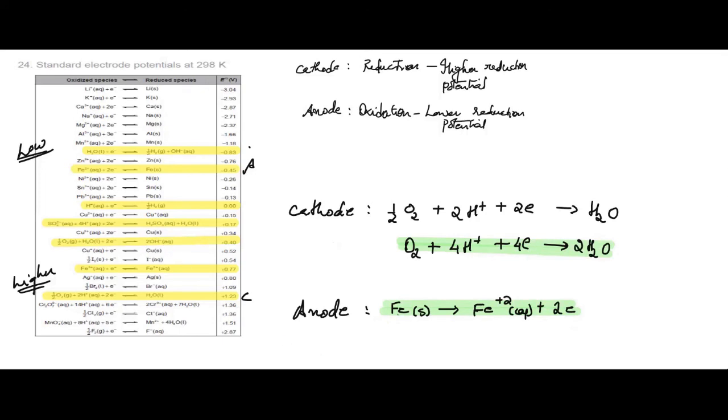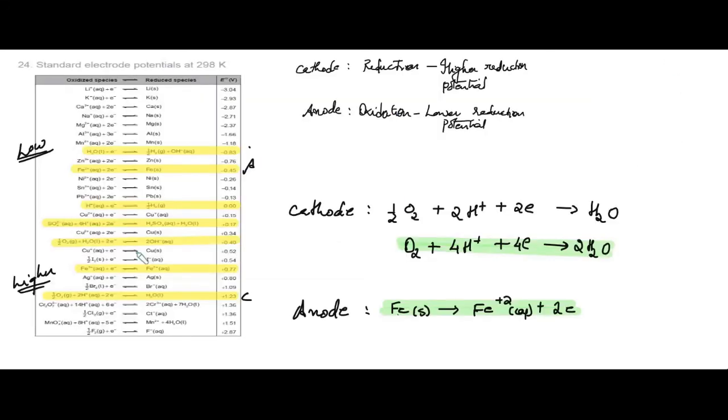Now let's see the marking scheme. You may pause the video and have a look. So many options are provided. You can choose any one. The only point you have to note is, for the cathode half reaction, select one from the higher reduction potential values, and for the anode half, select one from the lower reduction potential values and flip it over. Again, remember, the anode half has to be flipped over because at the anode, it is not reduction, it is instead oxidation, loss of electrons, that is happening.